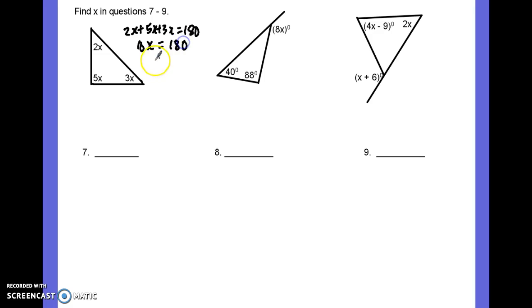Please go step by step here. Divide both sides by the 10. I told you it once when I skipped that step going downstairs, there's a lot of pain. Don't skip steps, all right? Divided by 10. If I divide 10 by 10, I get 1. If I divide 180 by 10, I get 18. So 18 divided by 1 is 18. My answer x here is equal to 18.